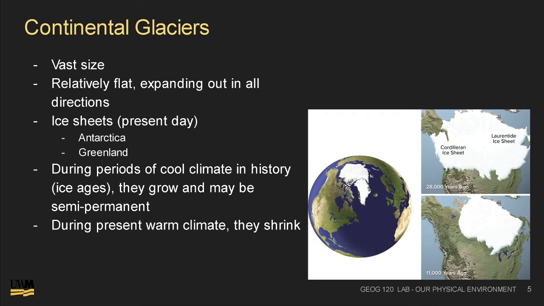If all of that water were to melt and flow into the oceans, well, then oceans would rise by 60 meters. That's crazy. So that gives you maybe a little perspective of just how much water is stored in these ice sheets. They're massive. And in summer, they shrink a little bit. Winter, they accumulate, but for the most part, they go through these cycles of warming and cooling, and especially the one in our Antarctica, the Antarctic ice sheet,